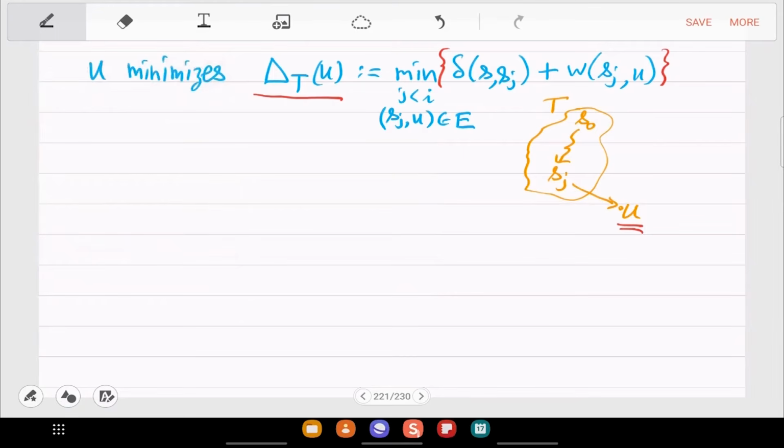Right? So basically you are driving within the tree and then you are jumping out to U. So by this kind of driving, what is the closest to U? So that's the distance delta Tu, and you minimize that, and then that is the vertex which I will call Si. This will be the ith nearest vertex from S0. Is this fine?